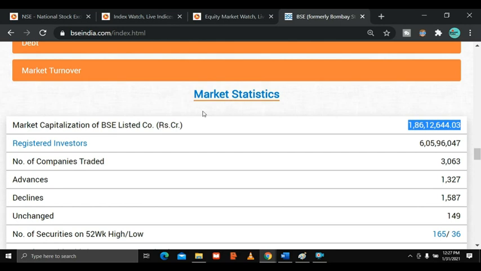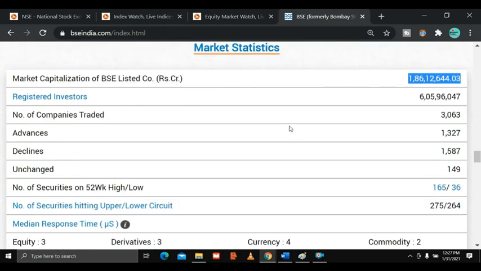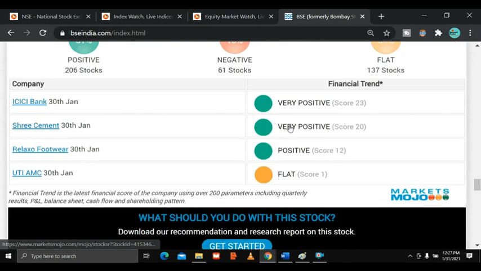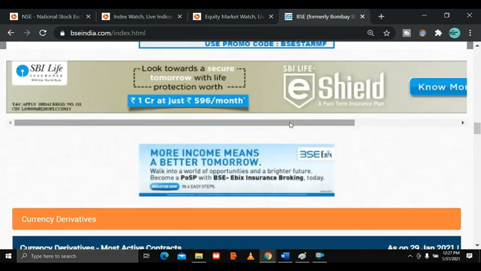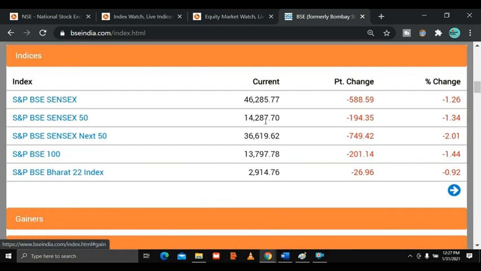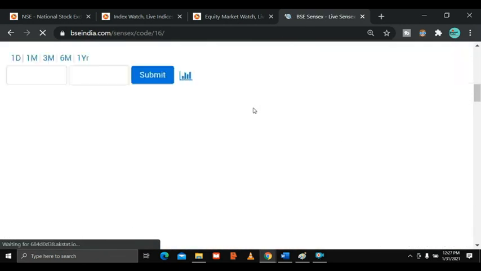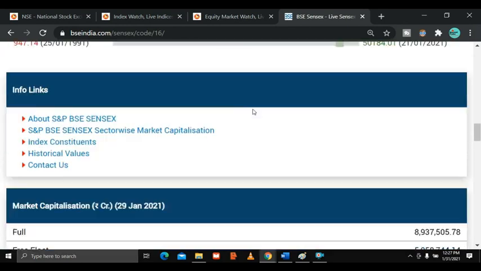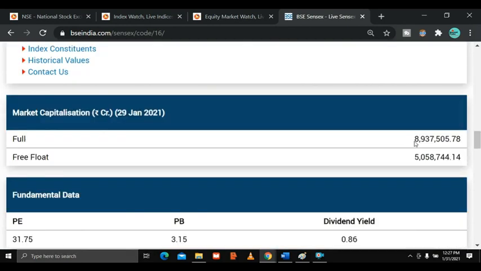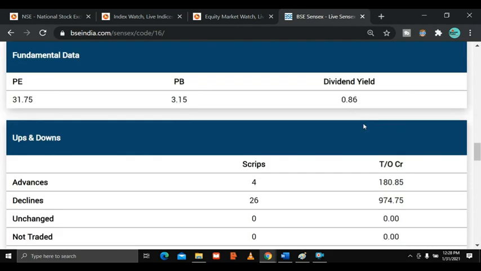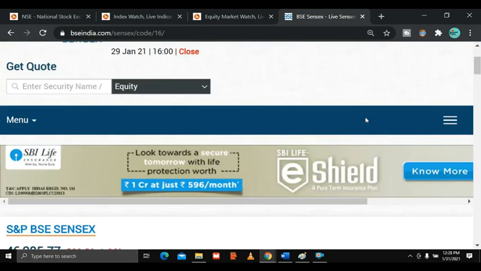This is almost 100 lakh crores plus. That means out of this 100 lakh crores, in the Sensex itself only, how much money is there? Let me show you. On those 30 particular stocks, how much money is being invested? Look here. It is in crores. You have to remember that it is 80 lakh crores plus, something like that. It is being invested in that. That means half of the market.